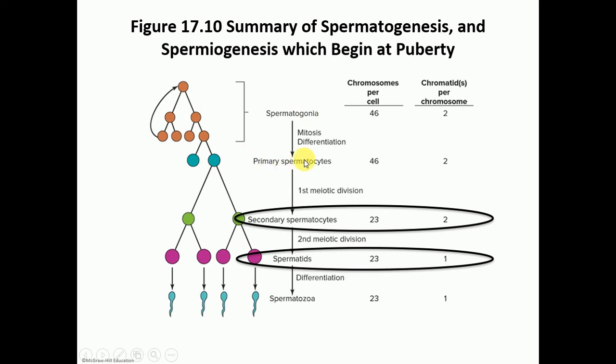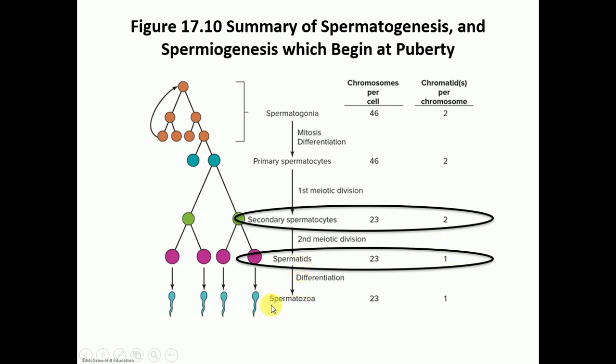They grow up a little bit, though. They differentiate, so we're going to call them primary spermatocytes. And then these primary spermatocytes are the cells that do undergo your first meiotic division to make these secondary spermatocytes. And you see here there's a split in the number of chromosomes, but the number of chromatids are still 2. And that's why we have to do the second meiotic division to make these spermatids, which I tend to remember as the kid sperms. So now they have the 23 chromosomes with 1 chromatid,